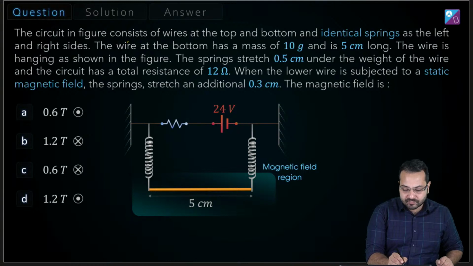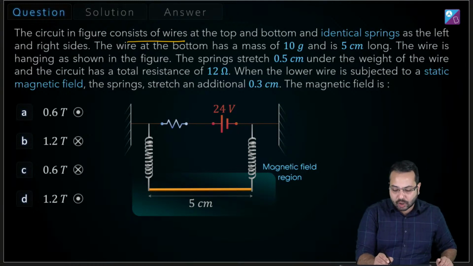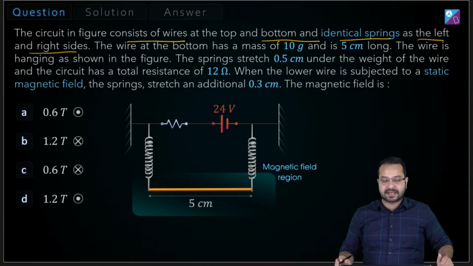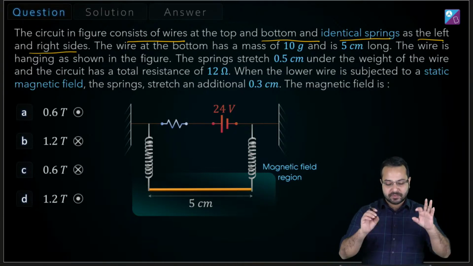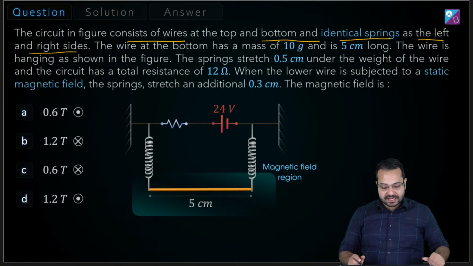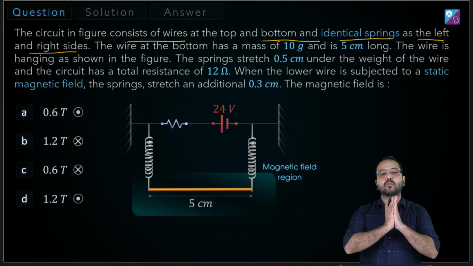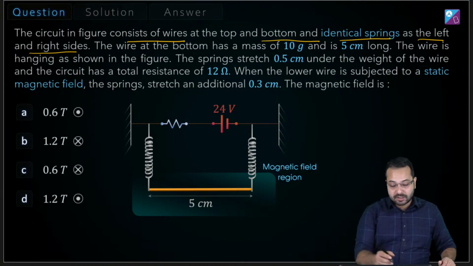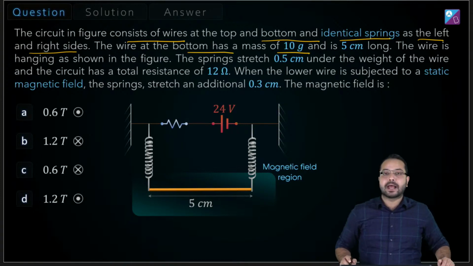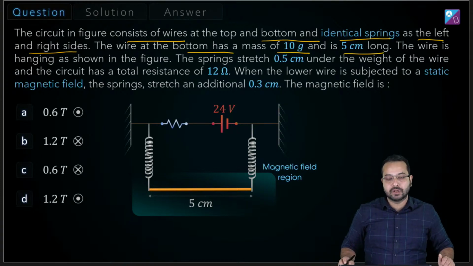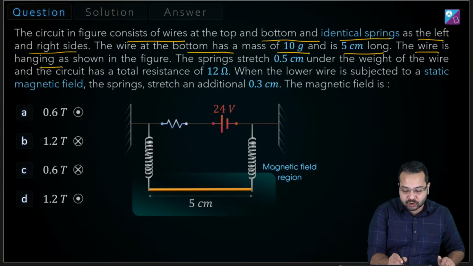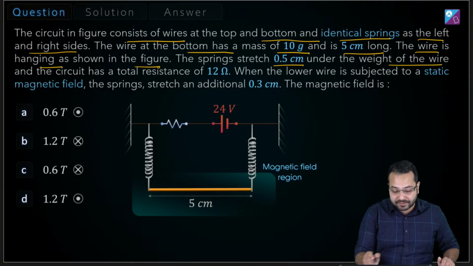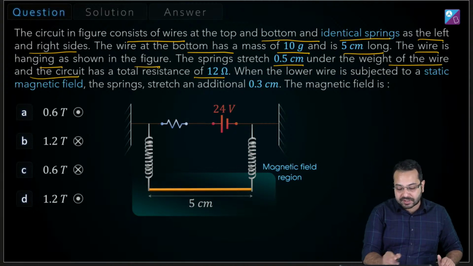The circuit in the figure consists of wires at the top and bottom and identical springs on the left and right sides. Can you see the diagram? We have a battery, a resistance, and a wire suspended by two springs, and those springs are conducting as well. The wire at the bottom has a mass of 10 gram and is 5 centimeter long. The wire is hanging as shown in the figure. The springs stretch 0.5 centimeter under the weight of the wire,